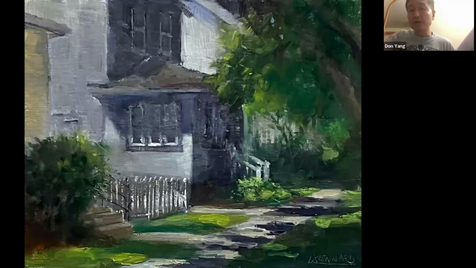So you got a very intense cool temperature in the shadow that worked out nicely. Even though the light side does not have as much warmer temperature as I would like to see, because the temperature of the shadow is very, very cool, that worked out well. But I would still have indicated a warmer temperature on the light side of the building there.